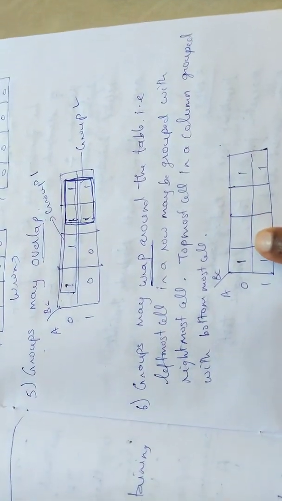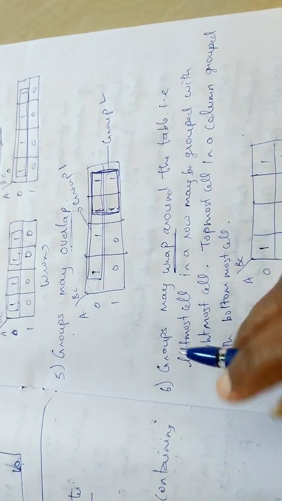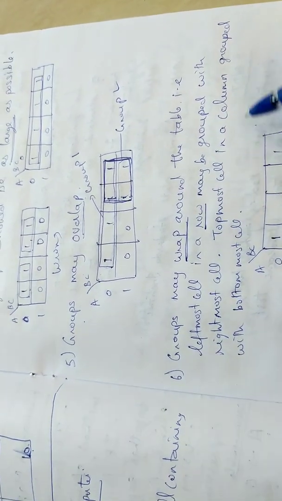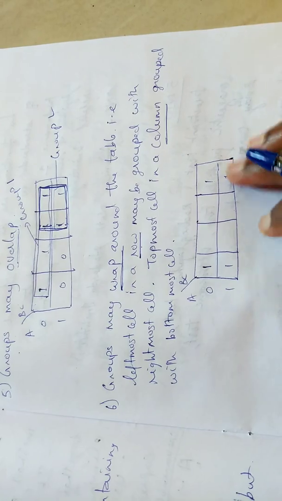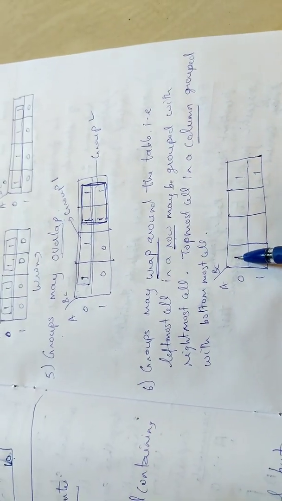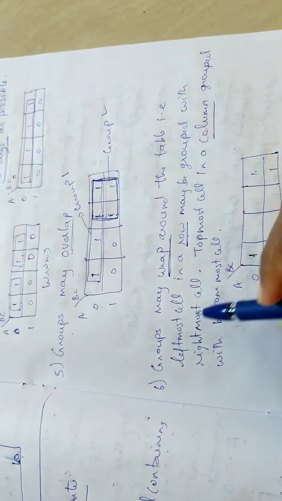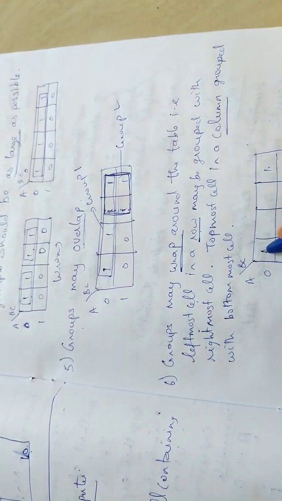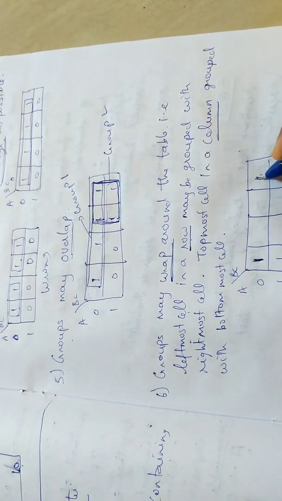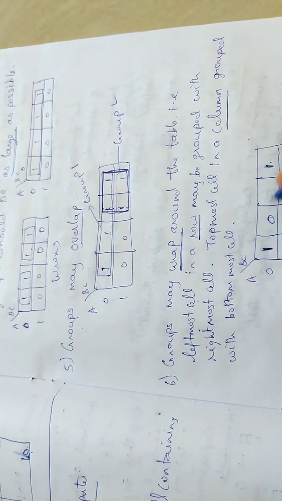Suppose I have an example like this. What is it? The left row and column. Just think of your row and your column. Take this row over here. So this is my row, right? This is my leftmost, this is my rightmost. The leftmost cell is grouped with the rightmost. Means I have a one here, one at the corner, and nowhere else; the remaining are all zeros.